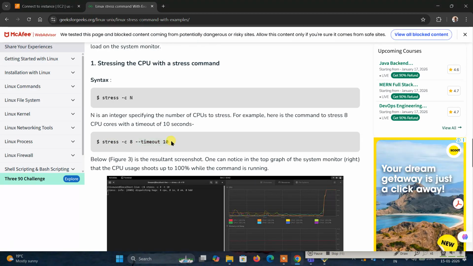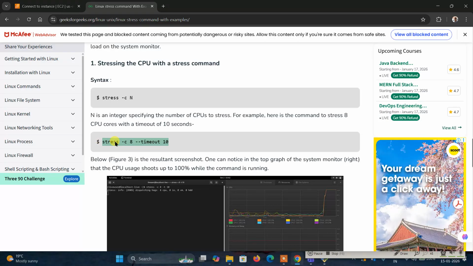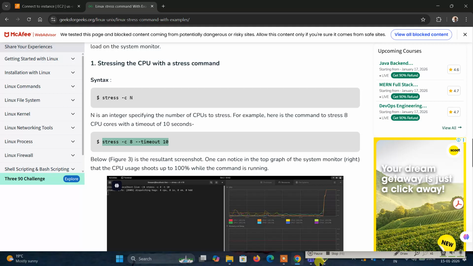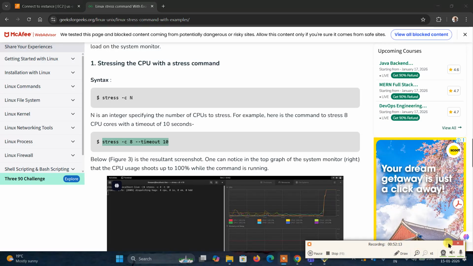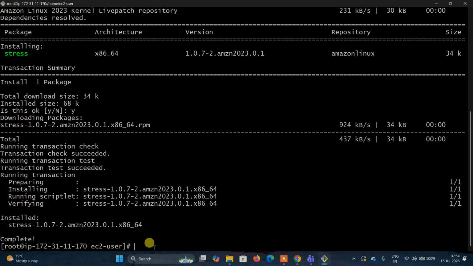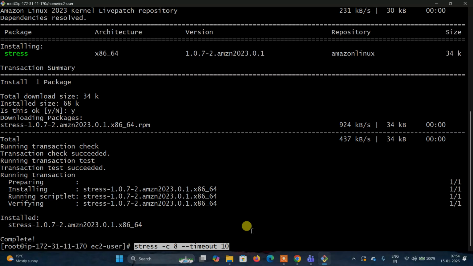Stress. Here I'll make it stress for 120 seconds, and how many CPU stress I'll